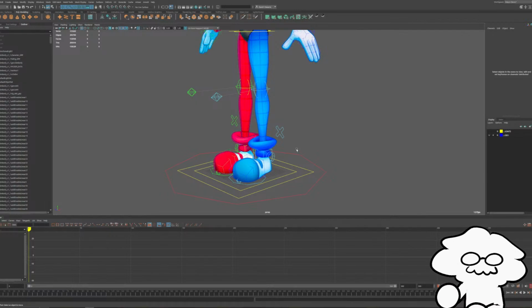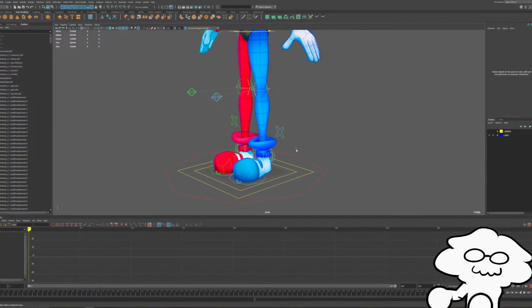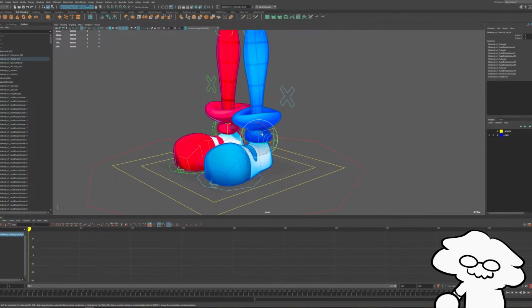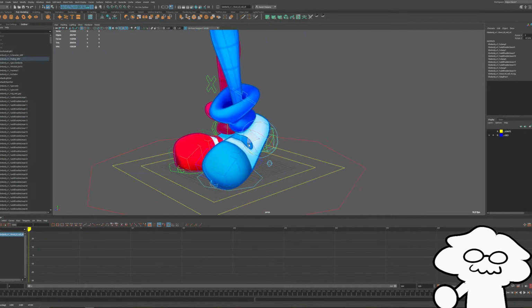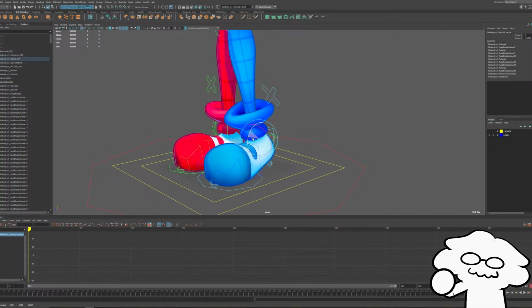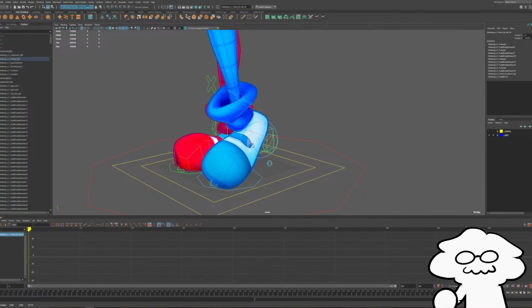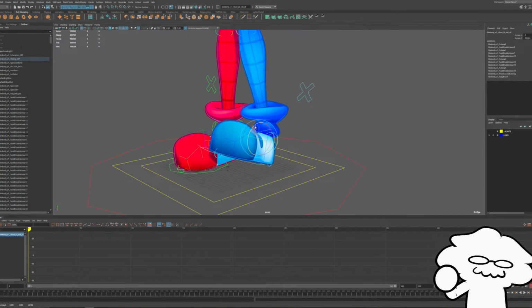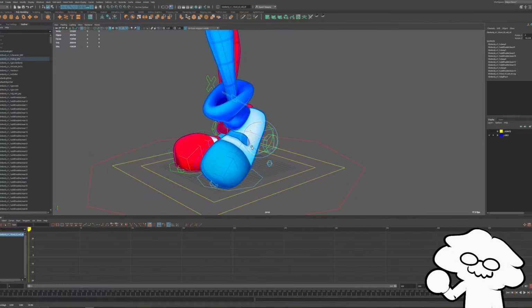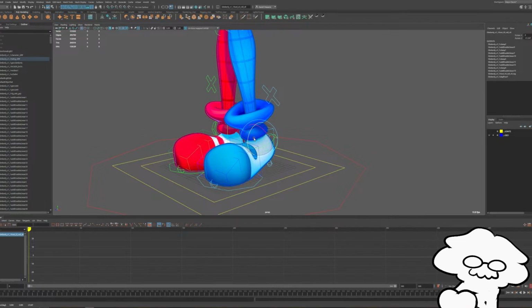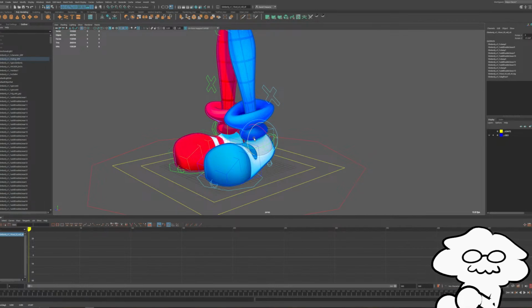The only other thing you would specifically need for something like this, ideally you would want more, is foot roll, which most rigs will have, where if you rotate one of these controls, it will peel the foot off the ground like that. And if I go backwards, it creates a heel bend backwards. But in order to create good walk cycles, you generally need a foot roll control.